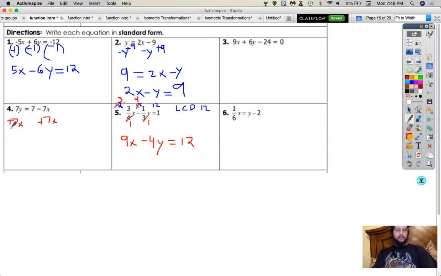I want to write my x's first. I mean, you can add whichever way. 2 plus 3 is the same as 3 plus 2. We do 7x plus 7y. That needs to equal